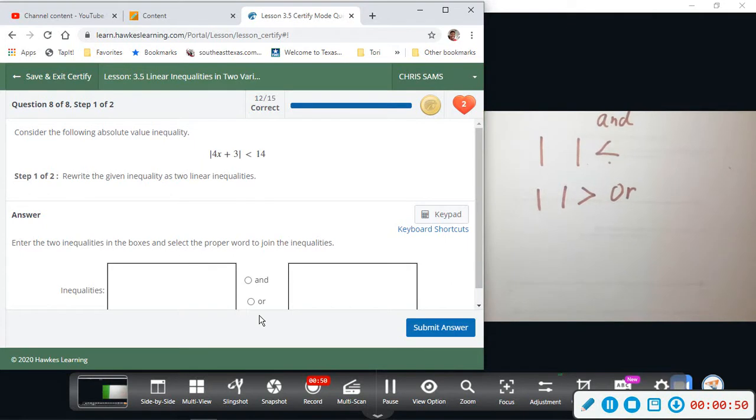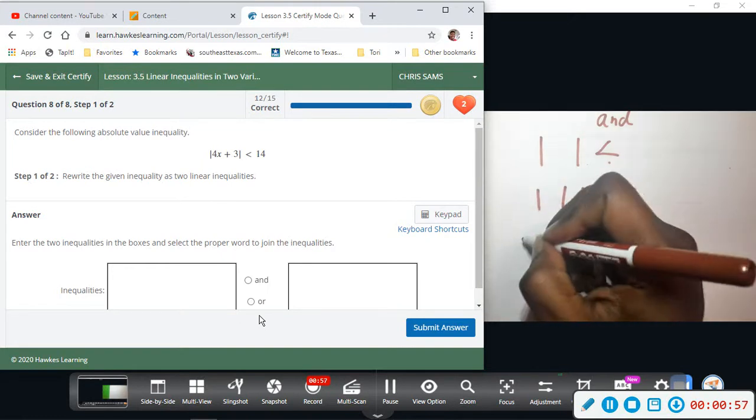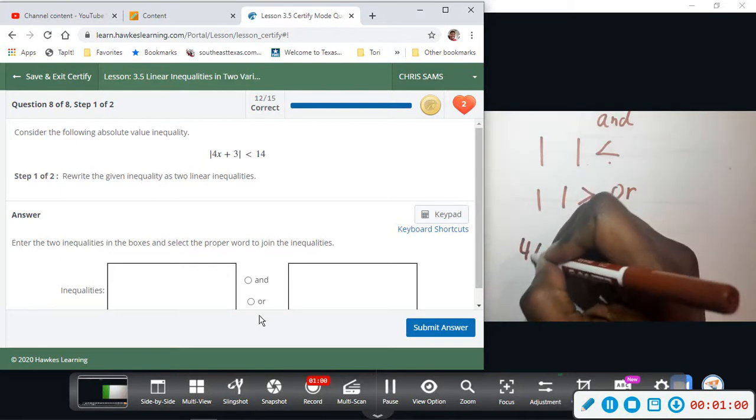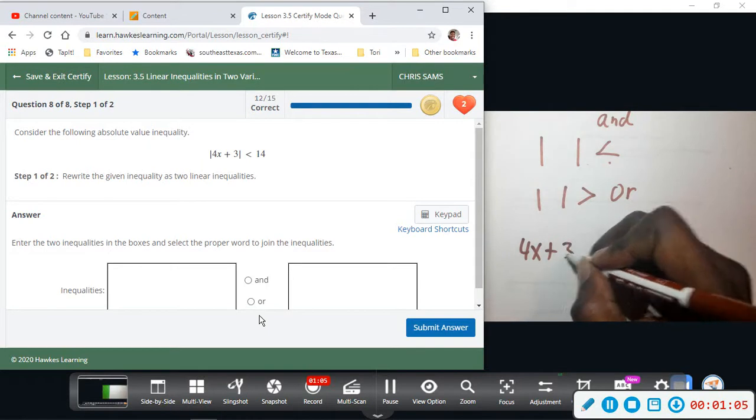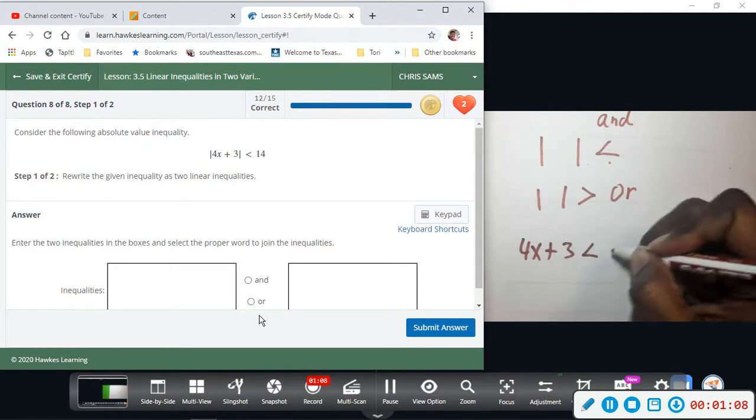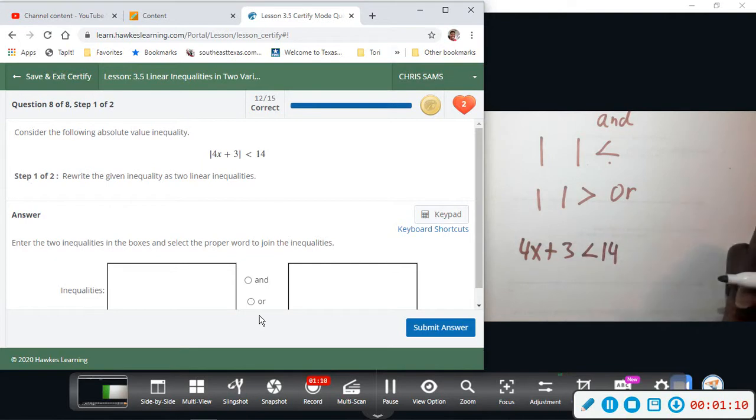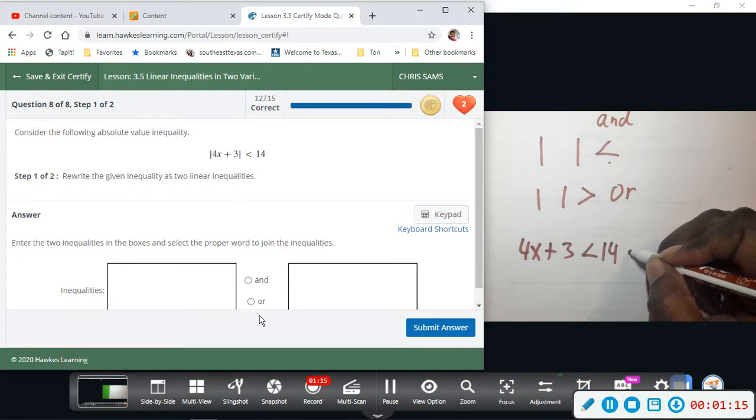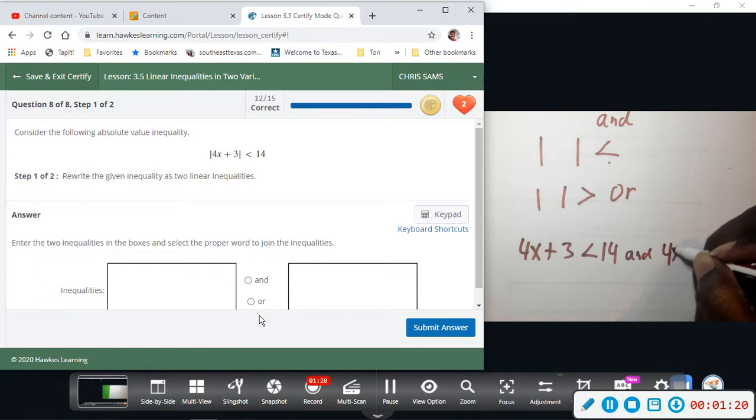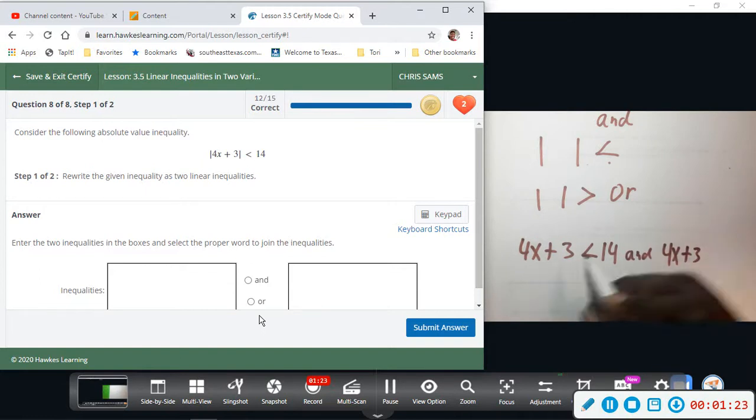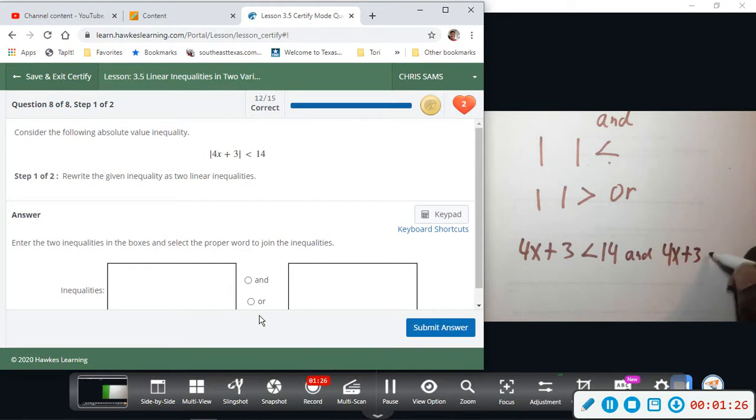Now remember, earlier we had one with inequalities and you had to solve this problem twice. So the two inequalities that we're going to be doing are 4x plus 3 is less than 14, and since it's less than, "and." The other one is going to be 4x plus 3, and we have to flip the sign. It's going to be greater than